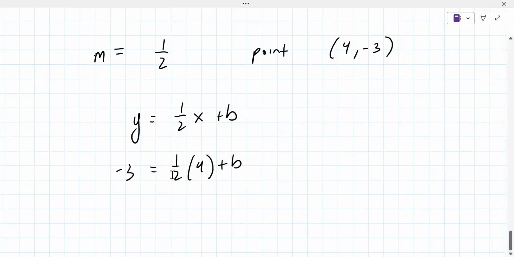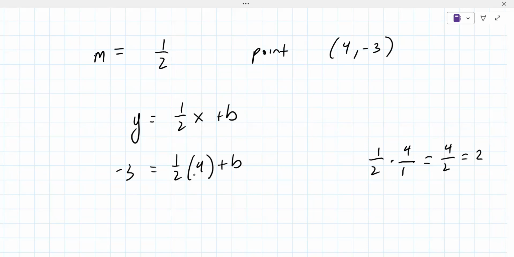And then you have to solve this. So do you remember how to multiply a fraction by a whole number? No. Okay, let's review. So 1/2 times 4 is really 1/2 times 4 over 1, which is 4 over 2, which is 2, like that. Does that make sense or not? Yeah, that makes sense. Okay, so that is going to happen here,